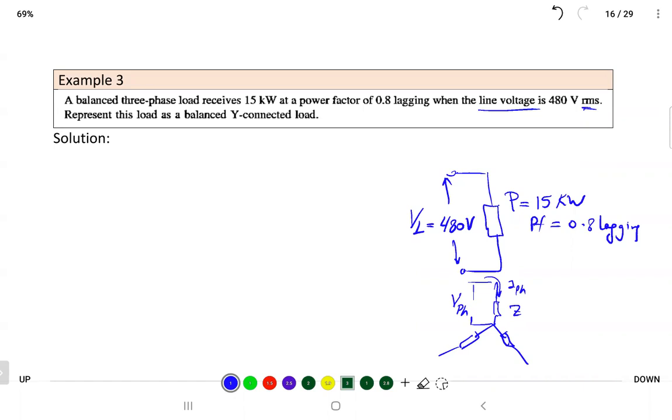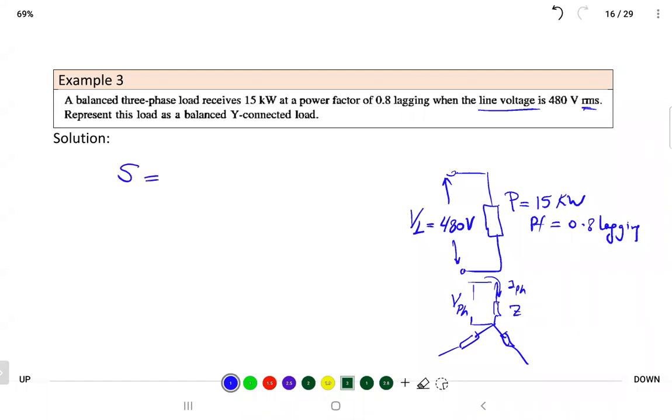So now my goal is to find the voltage and the current. How can you find the phase voltage and current? You have the power and the power factor. The great thing, as I told you, is like a magic formula. When I was a student, I thought that was the magic formula. Complex power is great because it relates all the power terms with the voltage and the current. So it almost solves everything. So I will say S